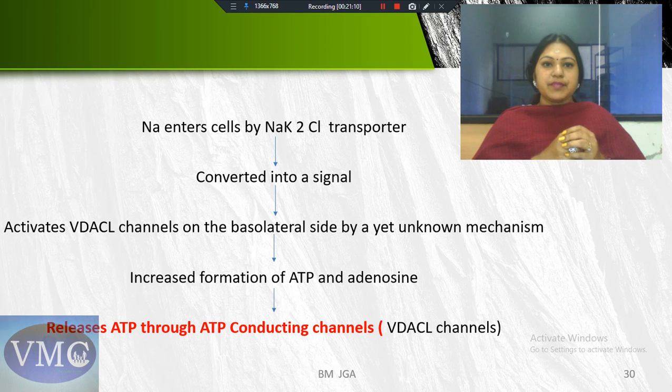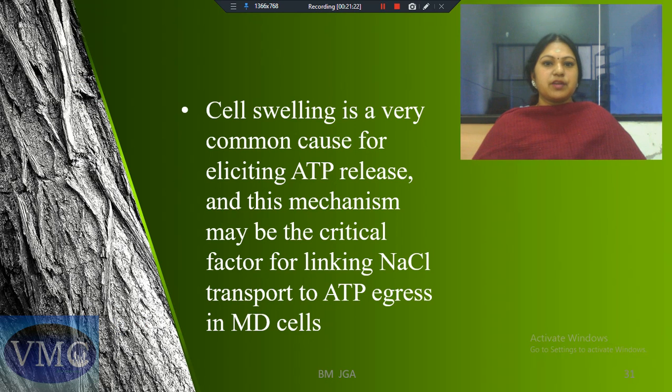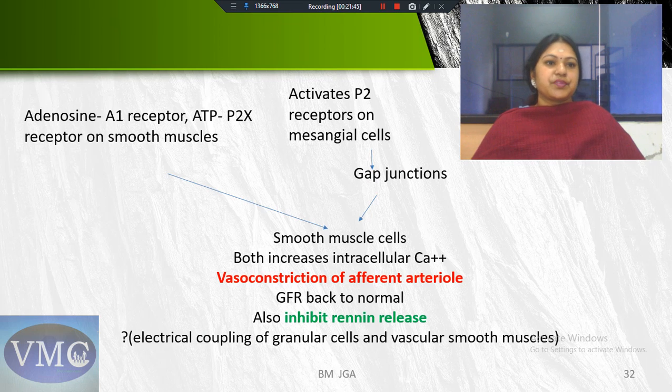the interstitial system. It can pass into the interstitial cells, or it can go directly to the smooth muscles of your afferent arteriole. So here it is going. Cell swelling is a very common cause for eliciting this ATP release, and this mechanism may be a critical factor for linking sodium chloride transport to ATP egress in the macula densa cells. This you must remember. So that is the cellular swelling which causes the ATP to be released outside from the macula densa cells. So now ATP is formed and it is coming out through the channels out of the